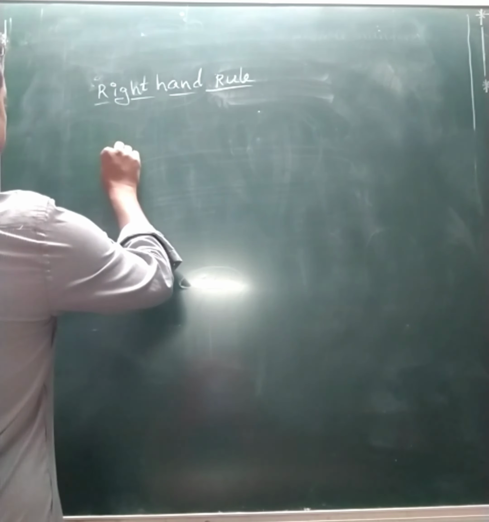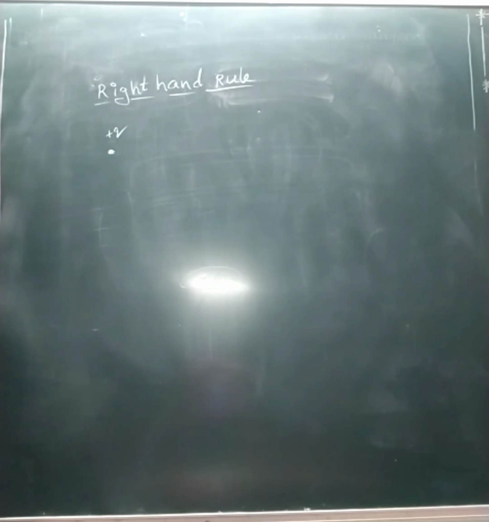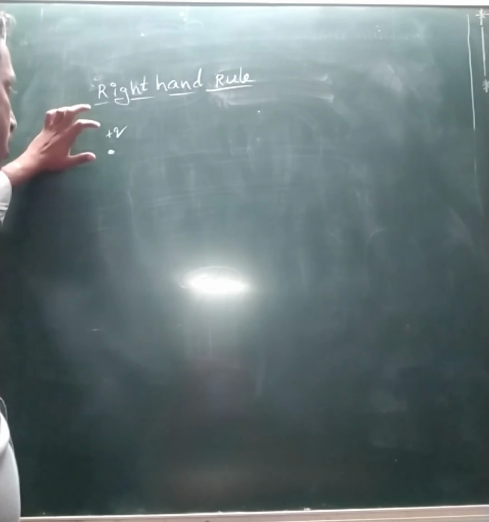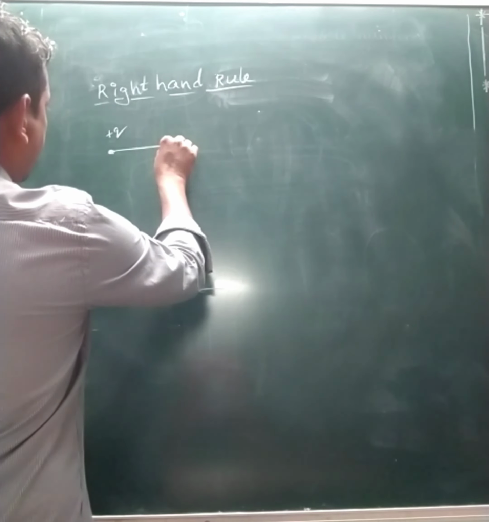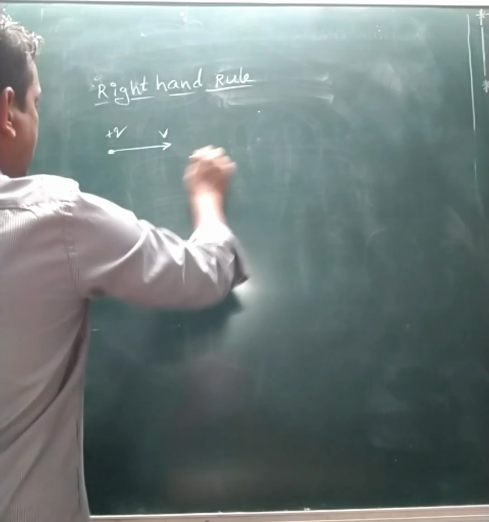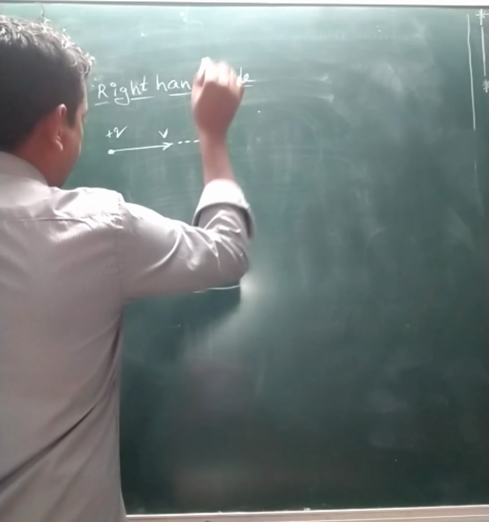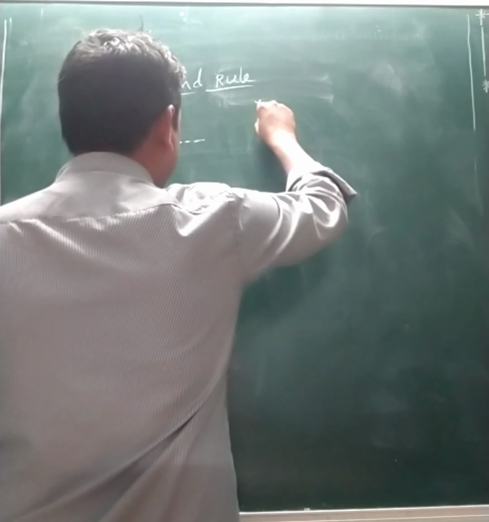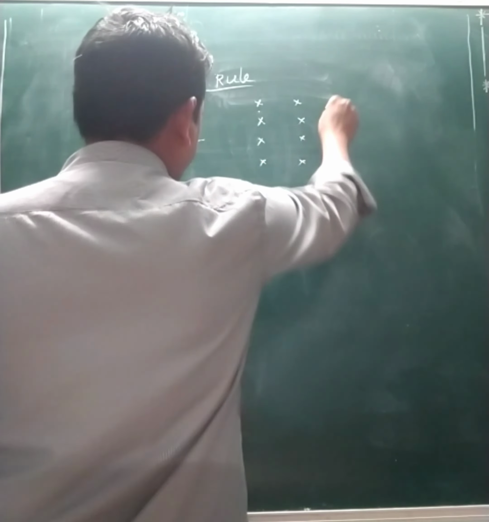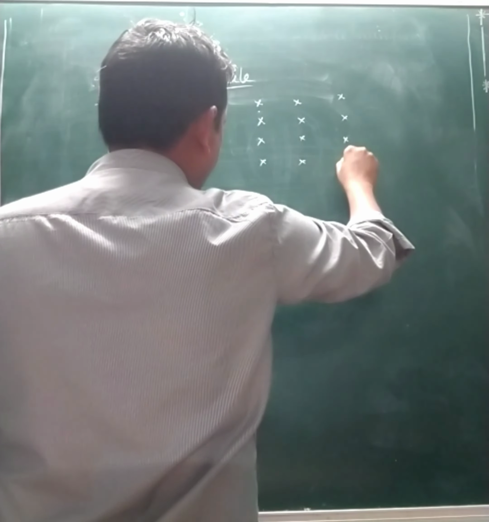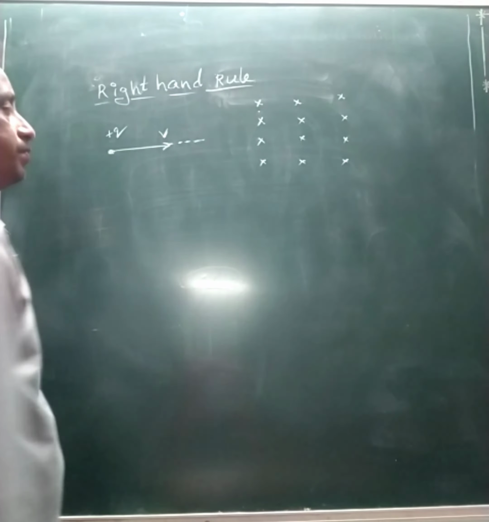Suppose here I have to consider a charge, a plus q charge. What formula do I apply, and for what charge? Positive charge. Now it is moved with a velocity v. It is moved in a straight line mode. How is it moving here? Straight path. Now here we have to apply a uniform magnetic field into the board. Into the board means field lines are entering the board.